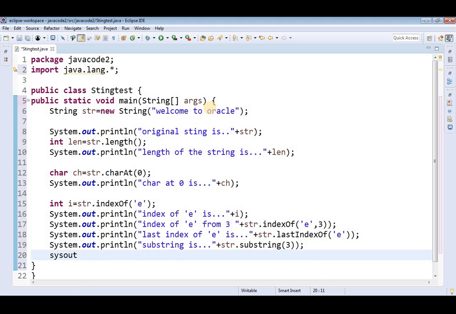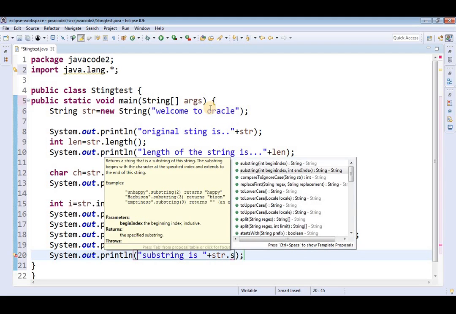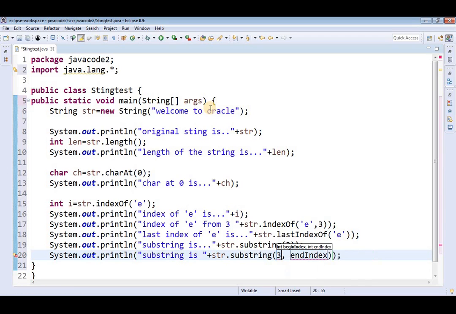Next one, sysout substring is, that is from index to index. Here you have to give two parameters, that is str dot substring of beginIndex 3, later I am giving endIndex. End index is 10. Then it returns the substring from 3 to 10.